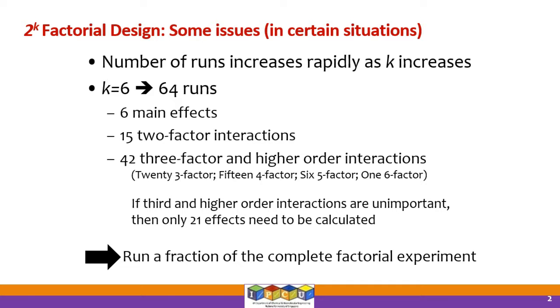We may be doing a good job with, let's say, 32 runs, one half of 2 to the power of 6, right? So it is fractional factorial and the factor here is half. So you can do a good job of making a model and understanding the system, which has six input factors. You can understand most of it or almost completely with just 32 experimental runs. So half of 64, half of 2 to the power of 6 would be enough, right? To really understand the problem, because many of the higher order interactions are not that important.